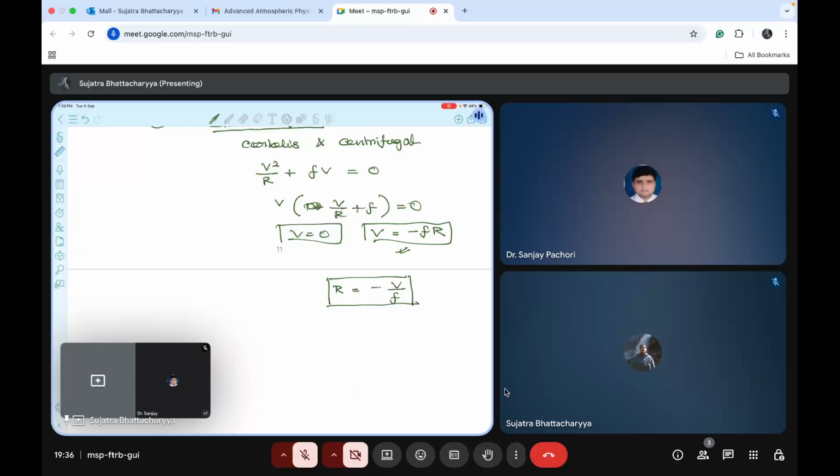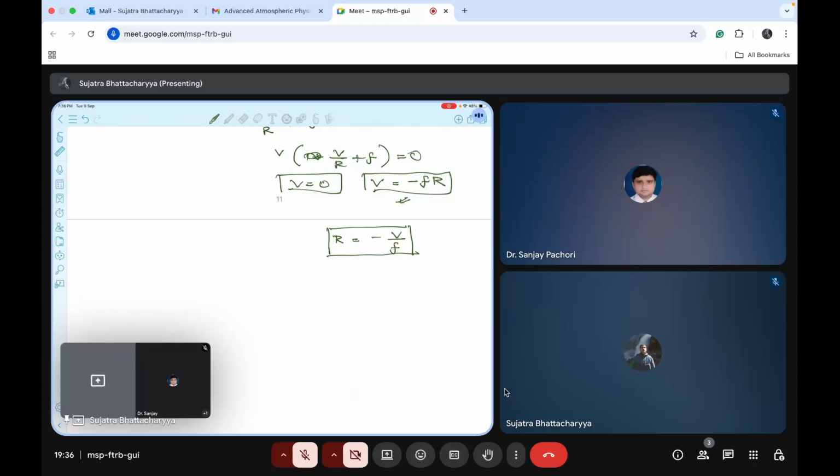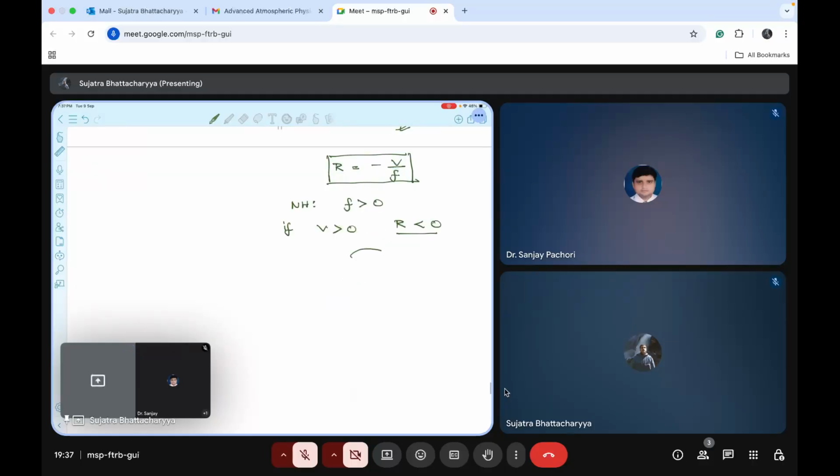F is negative in the southern hemisphere, which makes this positive based on the velocity direction. So in the northern hemisphere, F is greater than 0. If now V is greater than 0, then your R is negative. R negative means that the center is